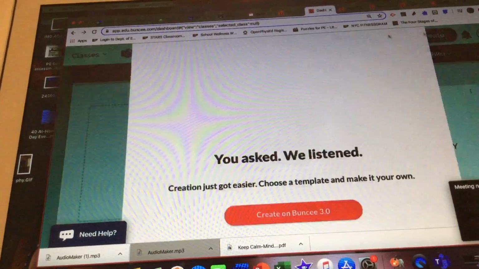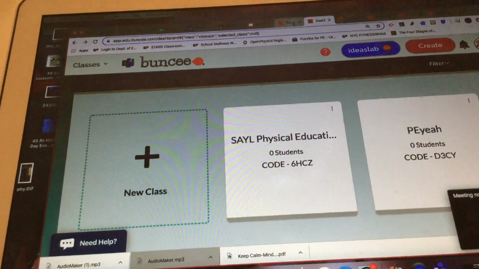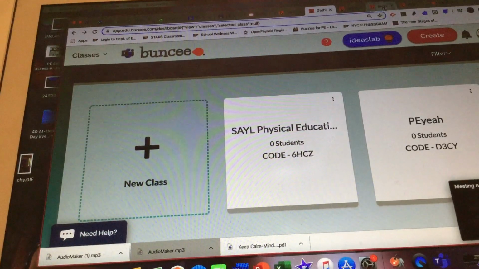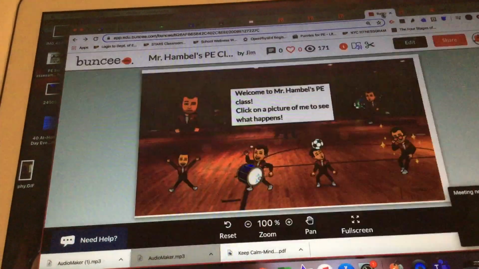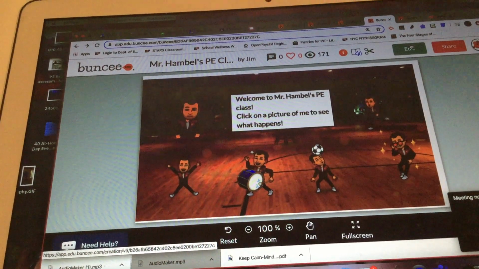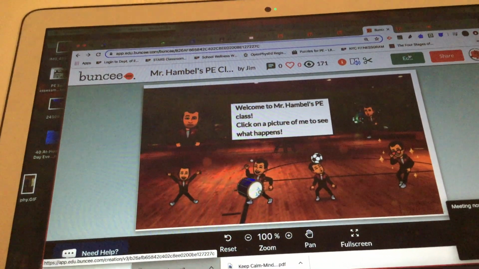So if you go to create, it has different things. It's really amazing. I don't want to go too long, but it's great because there are different features. When you assign it to the students, you could assign questions. You could also have them make their own Buncee. What's really great about Buncee is if you've ever heard of app smashing,